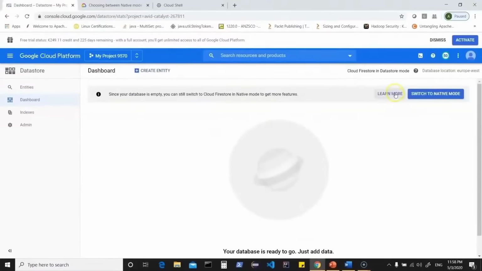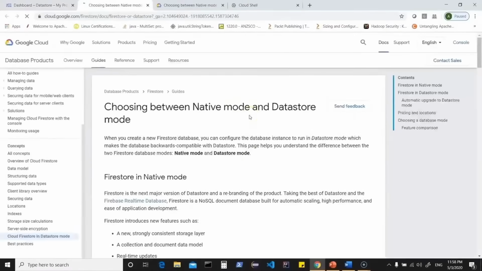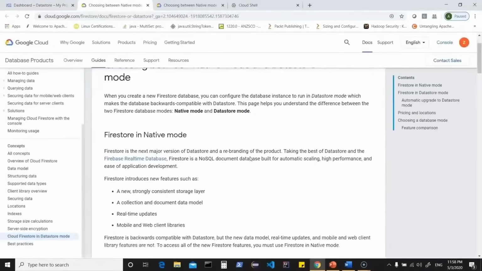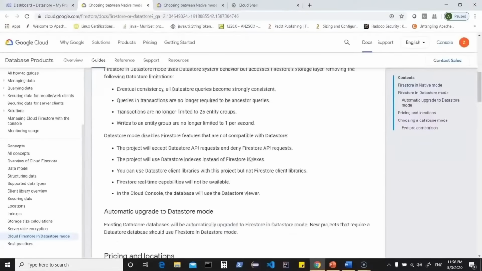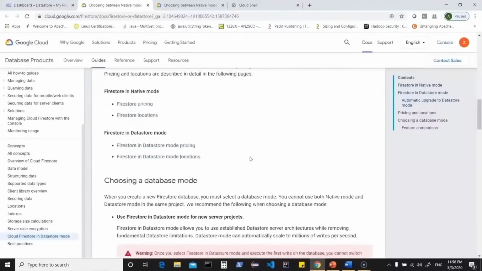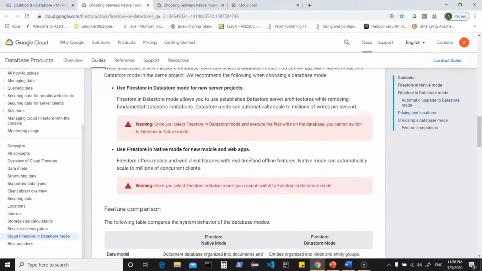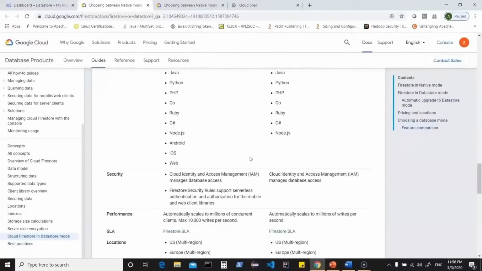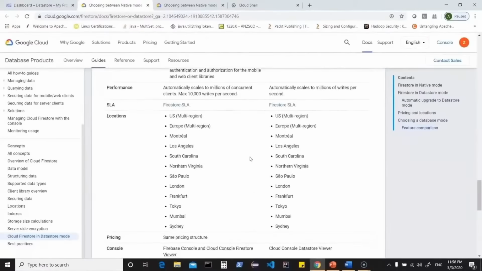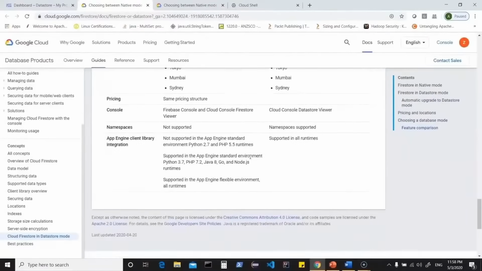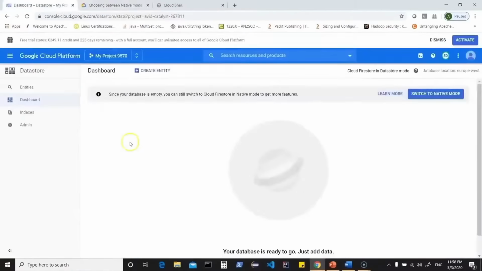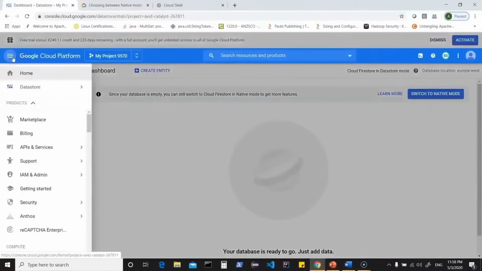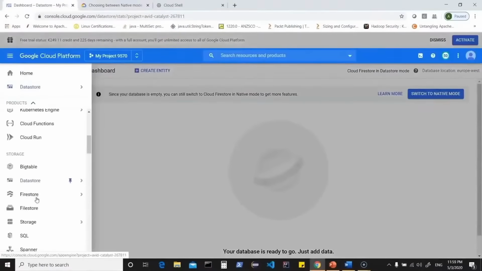If you want to learn more about your Datastore, you can click on this one, and that takes you to the complete documentation of native mode and Datastore mode. What is Firestore in native mode? What is Datastore mode? What are pricing and locations? How do you choose a database mode? What are the feature comparisons, what you are allowed to do here, what programming languages can be used, different regions, pricing, and so on. As of now, we'll click on this one,